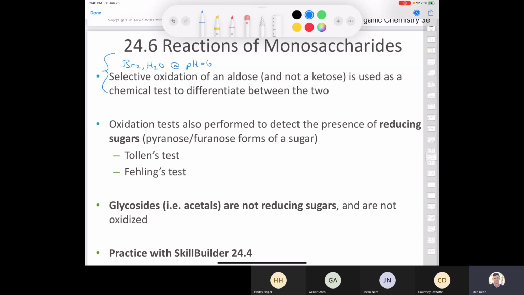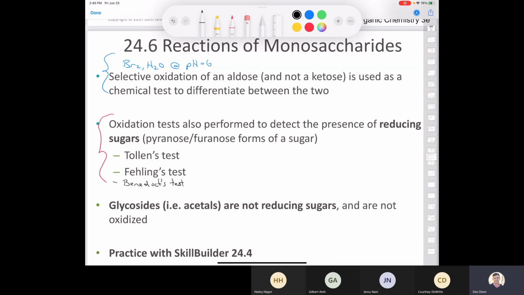However, there are many other types of oxidation tests which are really old, and these are ways that chemists use to detect the presence of what's called a reducing sugar. So basically, any pyranose or furanose form of a sugar is going to be considered a reducing sugar. Why? Because it's always going to be in equilibrium with a little bit of the aldose. Okay, even a ketose we saw was in equilibrium. Even when we looked at fructose, we saw that it's a ketose, but it does have some of the aldose in equilibrium. And so we can use tests like the Tollens test, the Fehling's test, and there's one here, I don't know why it's not on here, but the Benedict's test,